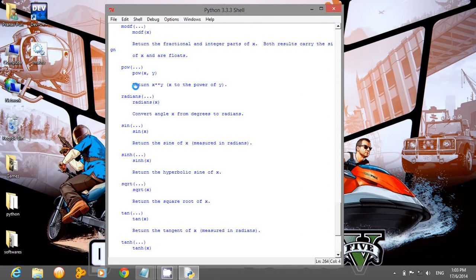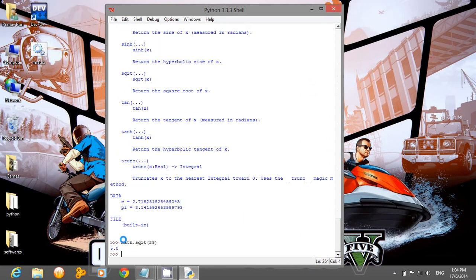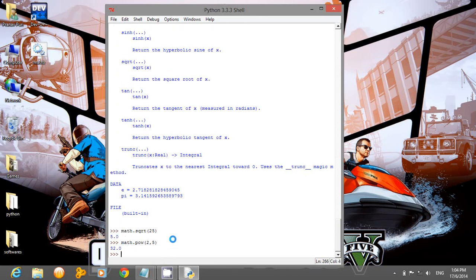You can see the return type: x to the power of y. The first number is the number whose value is to be calculated and y is the power it is raised to. Math dot pow(2, 5). See, the answer is 32.